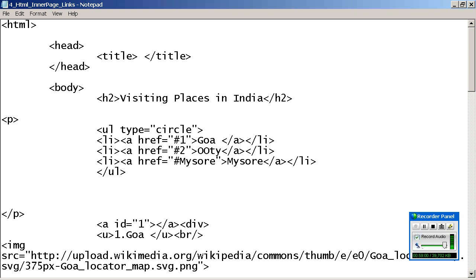Head, I will tell you the definition. Head is the container which will be used to discuss about the page, and it will contain some settings about the page. Settings we will see going forward. You need to understand what head means. Head is a container which will be used for discussing about the page and to maintain the settings of the page. So we will see description today. Title we have already seen. Yes or no?